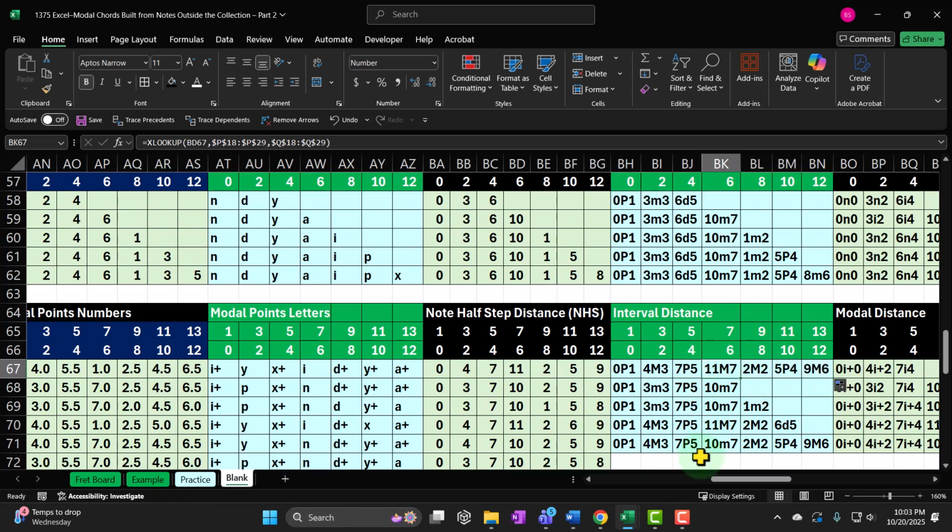So if we go 7, it should be a major 7, 11 notes away, major 7, and then a local distance of 2 notes away, major second, 5 notes away, perfect fourth, 9 notes away, major 6. If I copy the Dorian across, then we have a perfect first, a 3 note away minor third, a 7 note away perfect fifth, 10 note away minor 7, a 2 note away major second,